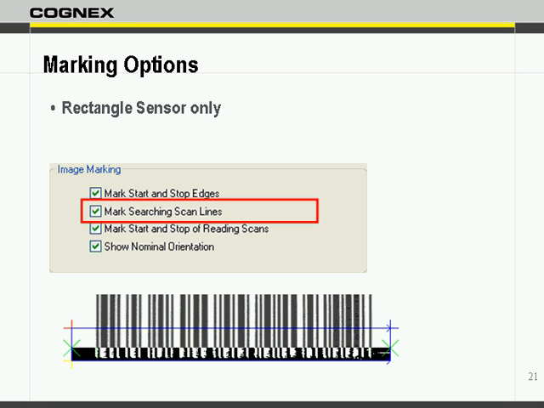So one of the things that we do here is, by default, we add a lot of these marks. But one other thing that you can do is, if you take a look at the bottom here, you can actually see what we call the threshold image. And what that threshold image allows you to do is basically see what it is that the system is actually seeing when it tries to make its decision. And in this case, you're seeing that it's doing a threshold to make the background completely black and the actual lines of the barcode completely white, so that we can bring out when something is part of our barcode and when something is part of our actual